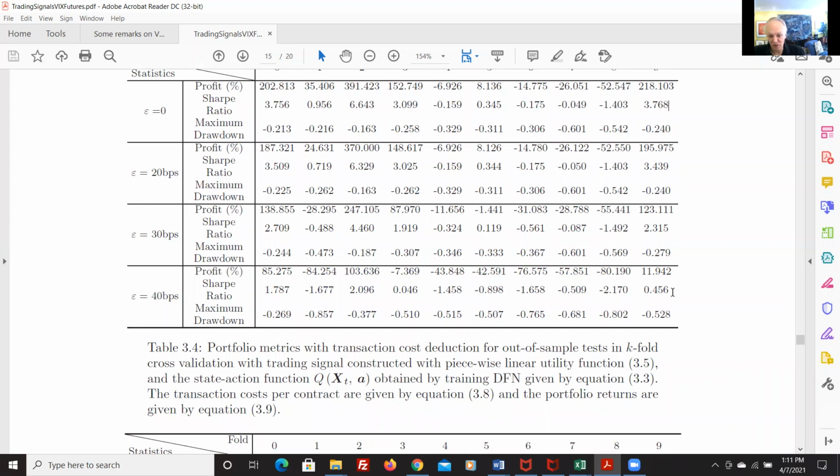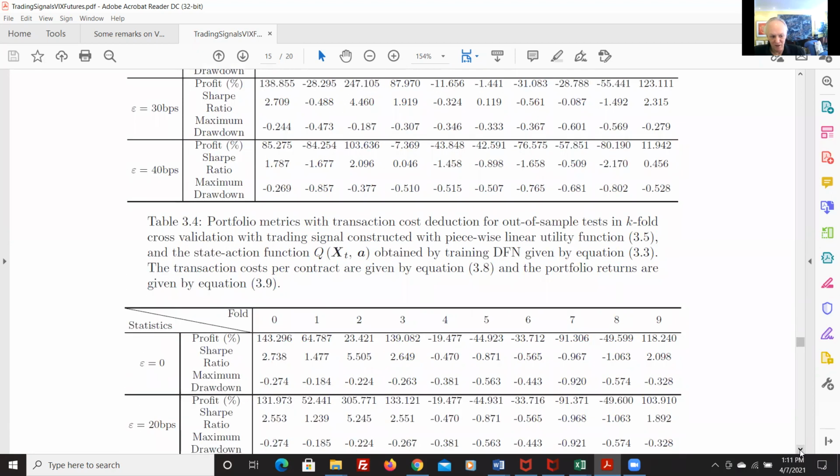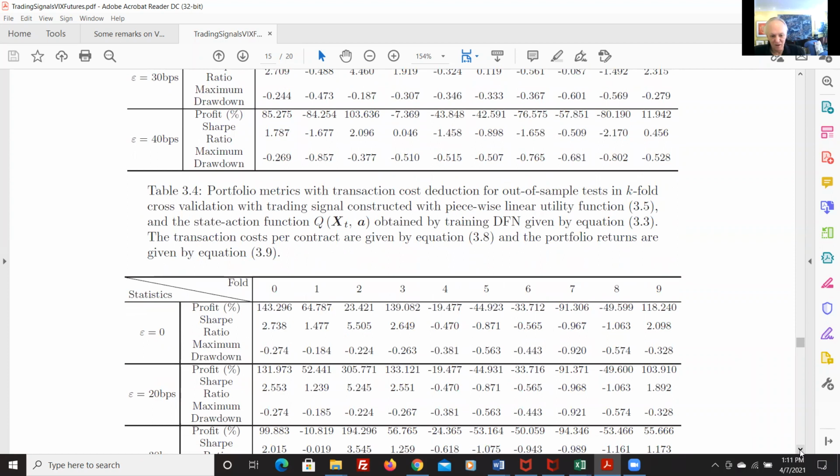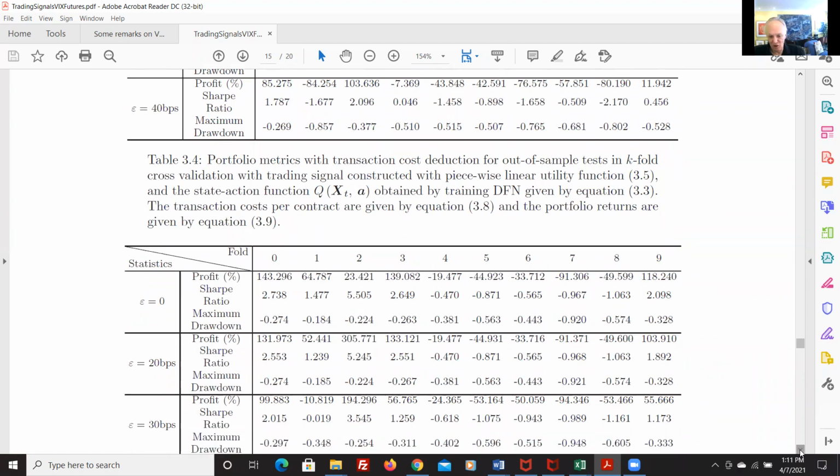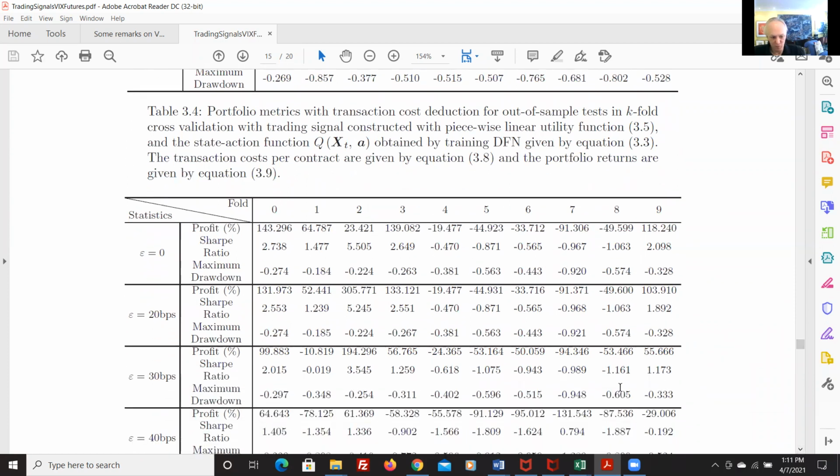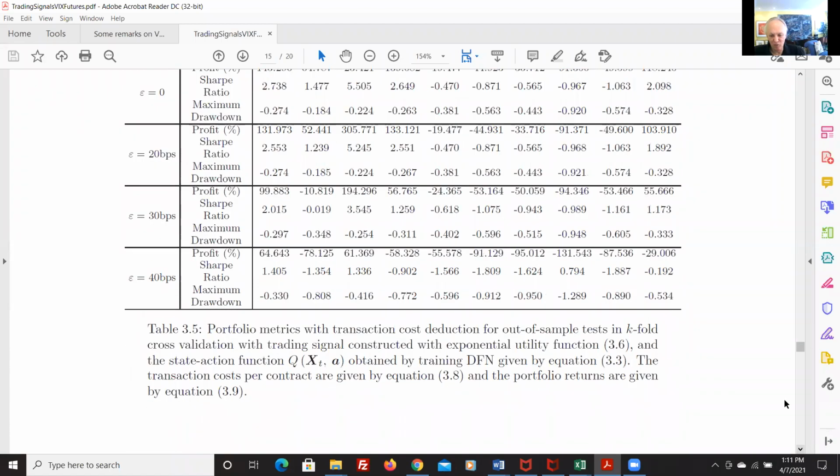But we can actually look at the reduction in performance as a function of the transaction cost. Sometimes you see negative Sharpe ratios as soon as you hit 20 basis points. So that means that we can actually, if we're honest with ourselves, and we try to be,